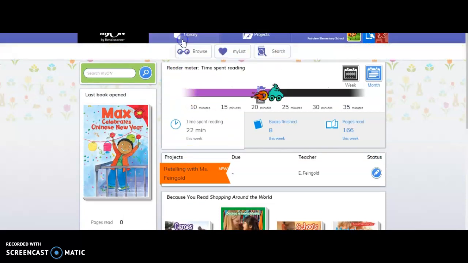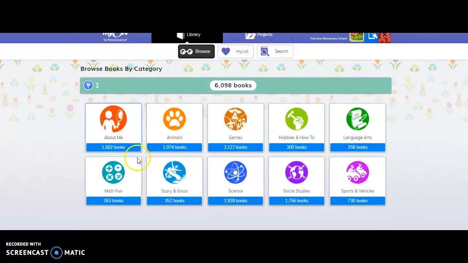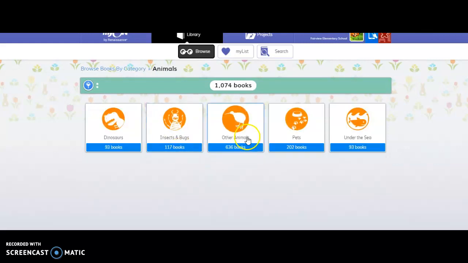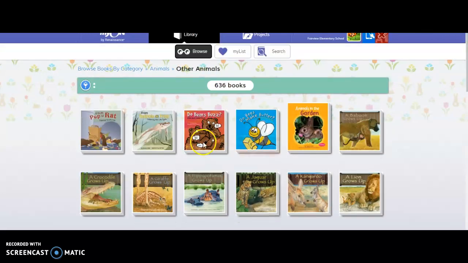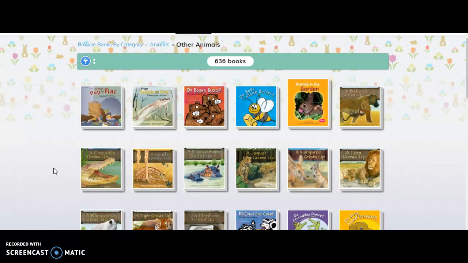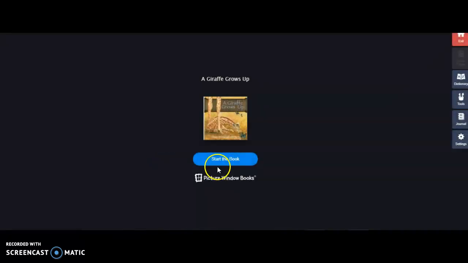So when I click on library, I can go to browse, my list, or search. If I want to browse, you see all the different types of books that you can be reading. I mean, they have a ton of books up here. So about me, animals, all sorts of things. For example, if you wanted to work on your all about books that we've been working on in class, you could click on animals and learn more about the animal that you are doing your research on. So of course I'll pick the giraffe one, and when you click,